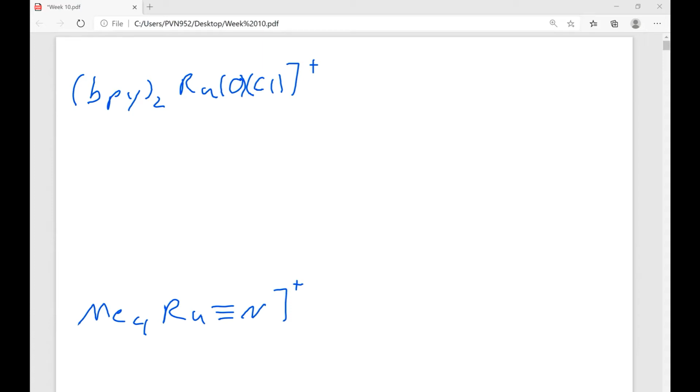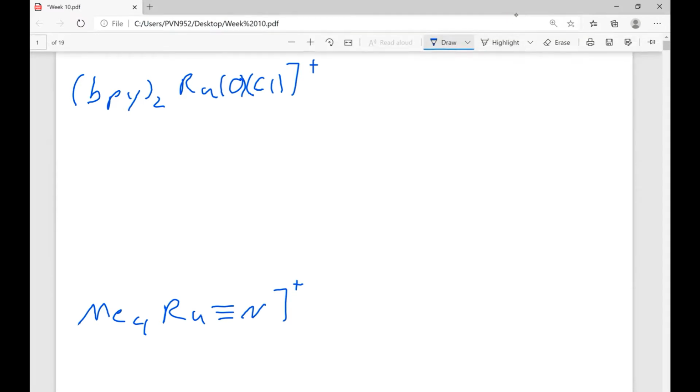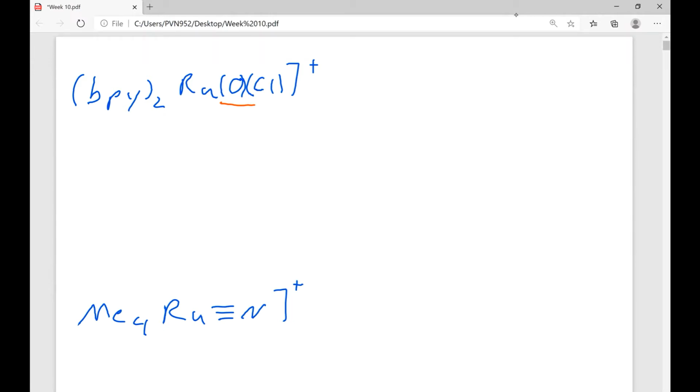So for this video, we're going to keep going over electron counting. I just want to present you guys with some more weird examples, what I like to think of as weird examples. The first one is an oxo compound. So what does this look like? Well, we have ruthenium